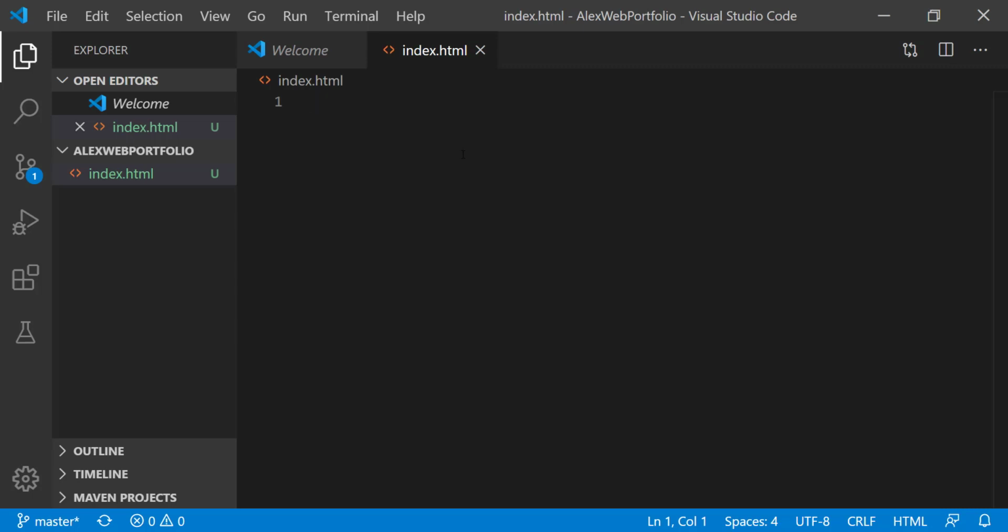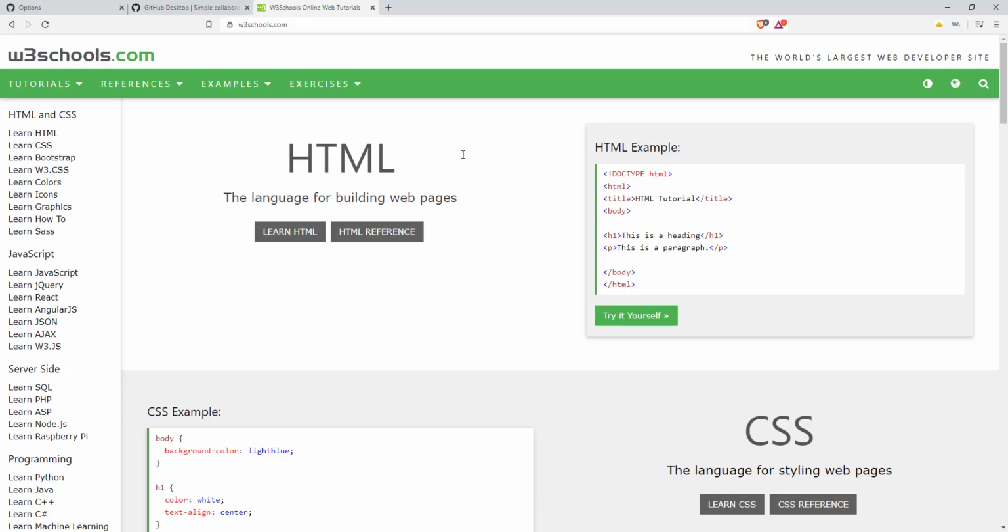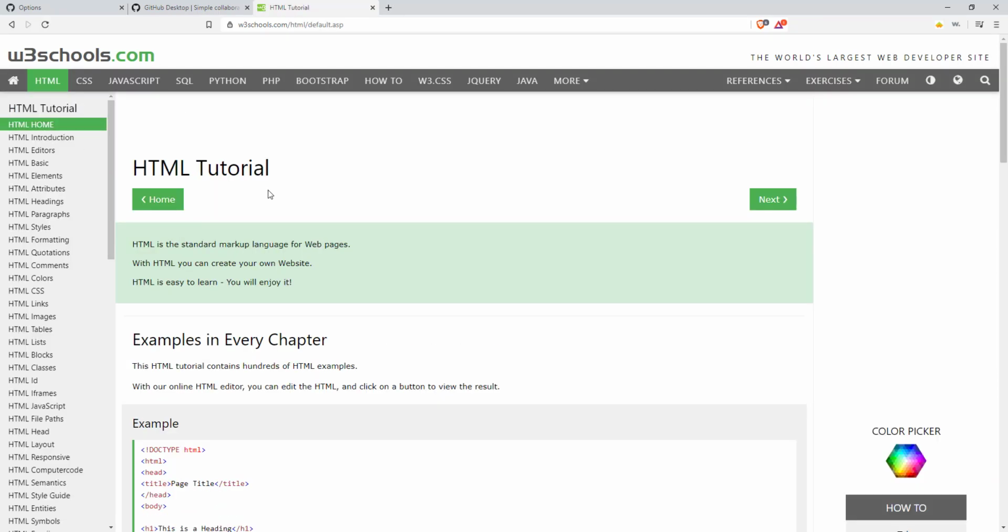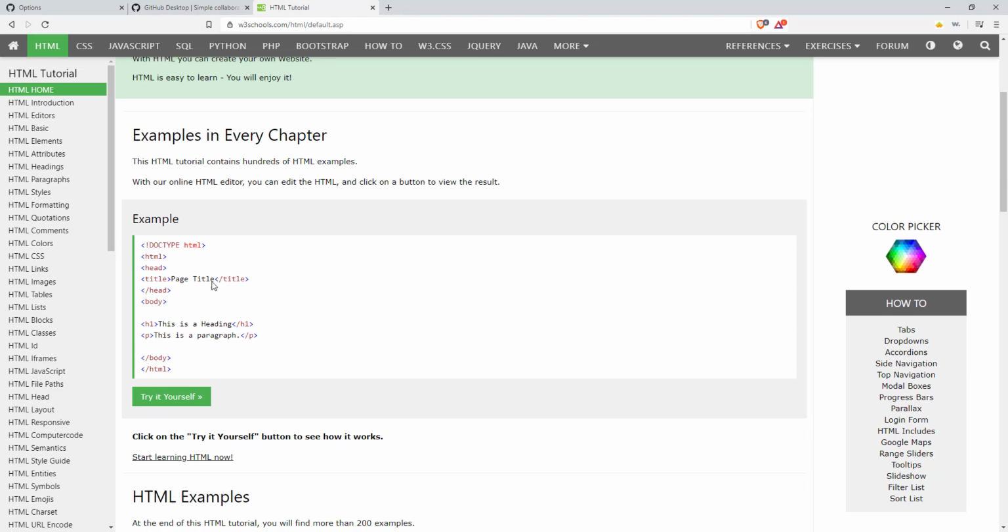So now let's say we don't know anything about coding, right? We don't know anything about HTML, and we're just starting to learn on Tutorials Point or W3 Schools. So let me go ahead and fire up W3 Schools. So here I am on W3 Schools. I'm interested in learning HTML. I'll see there's all this cool stuff. So I'm going to go ahead and click on Learn HTML, and they give me this template, and I want to kind of experiment in this template. So I'm going to copy this,